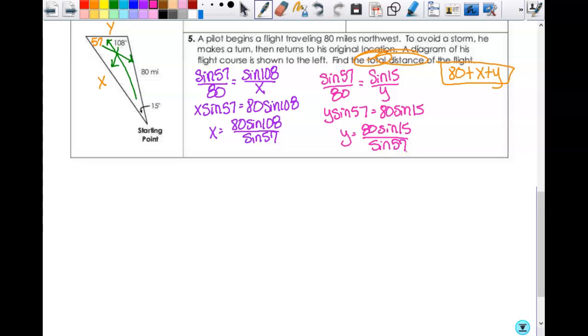Okay, so you got a couple of options here. And which options you choose depends on just what you would prefer to do and probably what kind of calculator you're using when you're doing it. Using these calculators right here, it would be very simple to use that fraction button and just add this plus 80 and get it all together, and you wouldn't have to type them in and store them. However, I actually like getting the actual answer and storing it, and here's why. So if you do get x, you get x equals 90.72 something. Now, anytime I put the